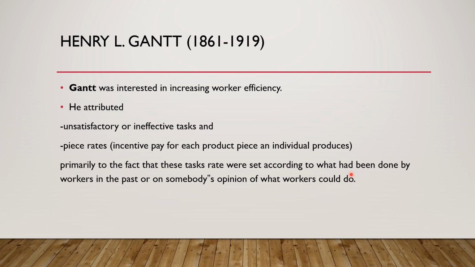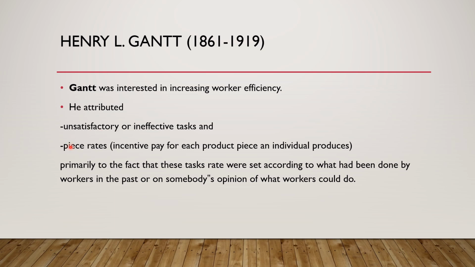So what he said was that you observe the people who are doing the best. On a machine, let us say one worker is making, in the same time, on a similar machine, 50 products. Another one is making 40 products. So he said that the most efficient is 50, so let us keep this standard as 50. If you are not able to make 50, then you are ineffective or unsatisfactory. Then you would not be given that much